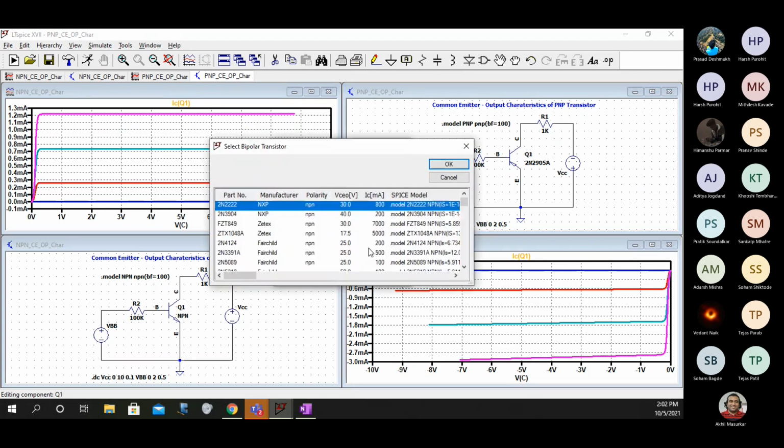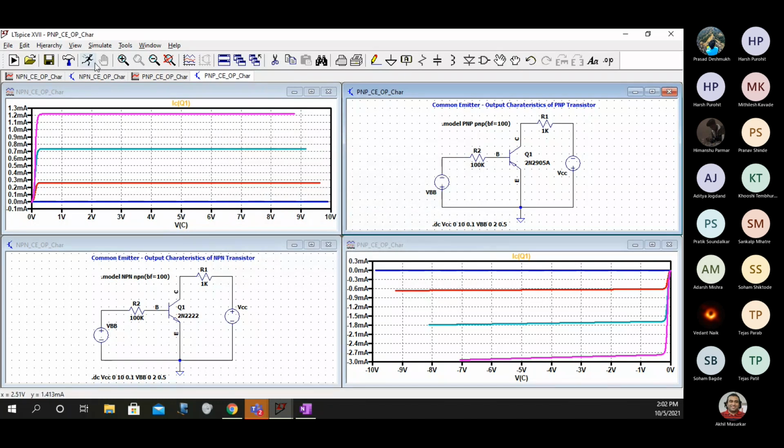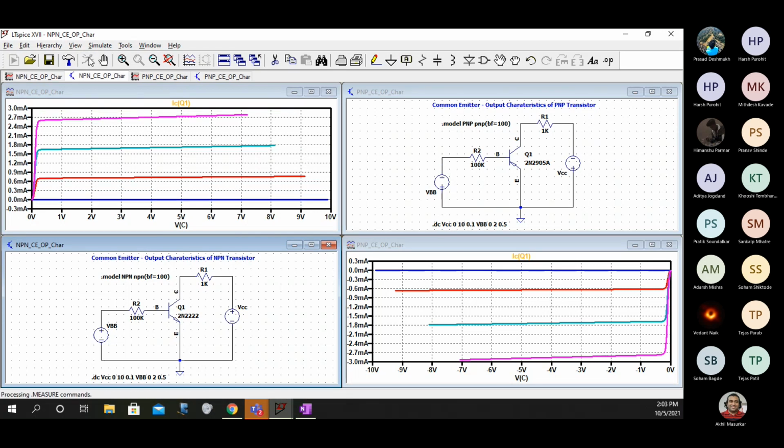You can pick any transistor. So 2N222 is very common. So you can see the characteristics here. It's slightly changed.